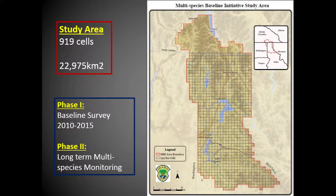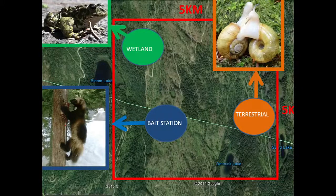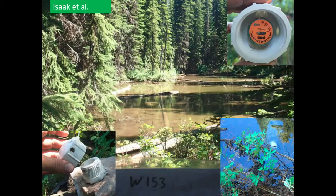We're just wrapping up phase 1, which is the field work of this study, and we're trying to jump into phase 2, which would be long-term species and microclimate monitoring. Now, our funded species for this project were amphibians, forest carnivores, and terrestrial gastropods. In each of those 5 by 5K cells, we did a survey for each of those species. And not only did we look for those species within the cell, but there are some really